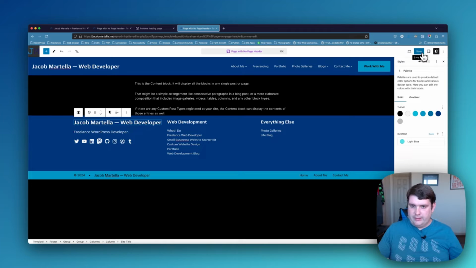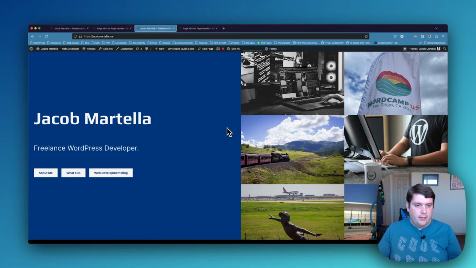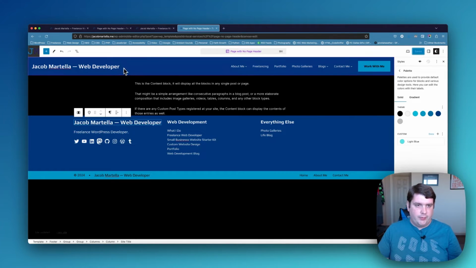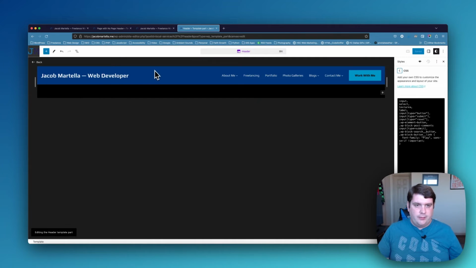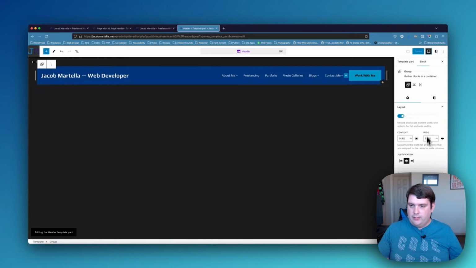Alright, so now we have our color palette. I'll save that. And now we see it here. And so now we move on and we're going to just customize the header and footer. Not doing a whole big style change here, but we'll come over